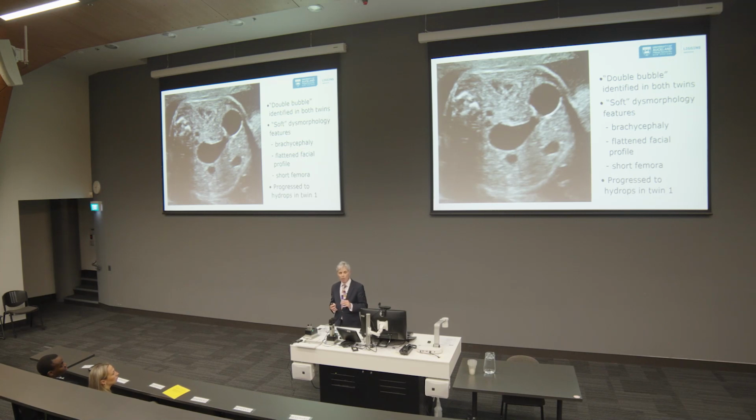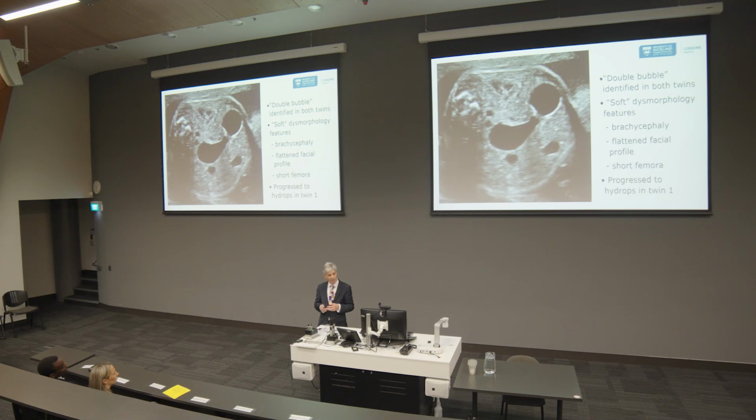Both twins also had what we call soft dysmorphology features. By this we mean features that are how they appear, but they're soft because they don't have pathognomonic characteristics. That is, they're not diagnostic. They just are particular features of these babies. In this case, they have brachycephaly, which is flattening of the back of the skull. They had a flattened facial profile, particularly in the mid-face, and they had short femora or thigh bones. Now, these sorts of features can occur in normal people as well, and it's often the constellation of these together